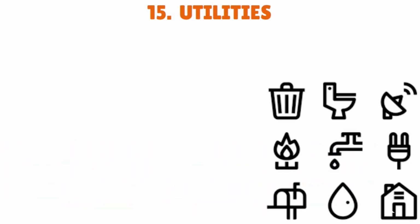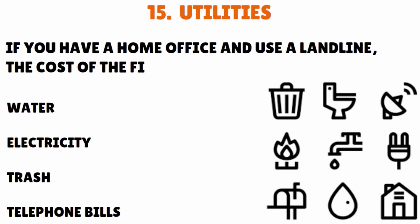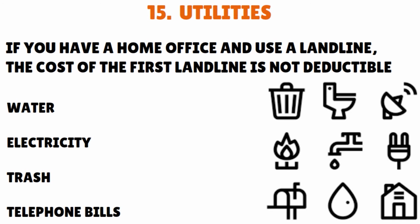Utilities. Any utilities that you use for your business are fully deductible. I'm talking about the factory or the office. Yes, this includes things like water, electricity, trash, and telephone bills. However, if you have a home office and use a landline, the cost of the first landline is not deductible, but subsequent landlines are. Let me repeat that because a lot of small business owners working from home get this